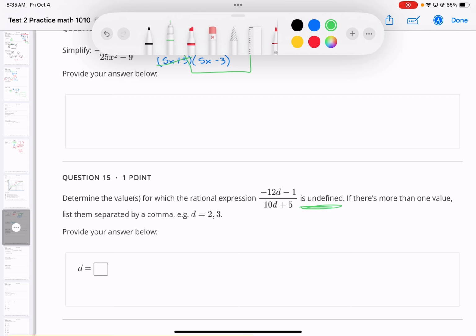So where is this undefined? What do I got to do? Set the denominator to 0. So I got 10d plus 5 equals 0. And then we got 10d equals negative 5. Divide by 10, divide by 10. D equals negative